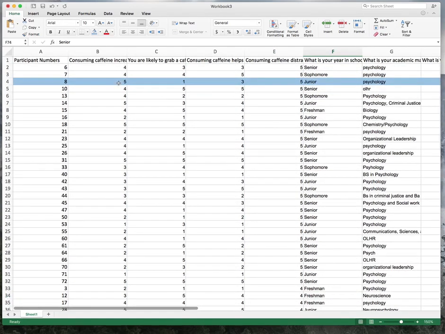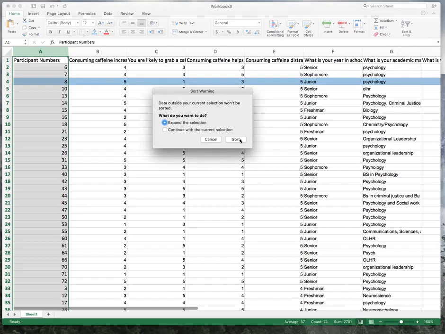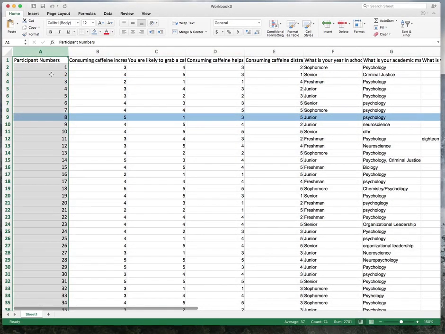So when we're computing a total score by adding all those together, higher scores are going to continue to indicate increased caffeine usage or increased positive feelings or beliefs towards caffeine usage and its efficiency in producing work. So let's go ahead and resort these by selecting our participants numbers column and sorting from smallest to largest and expanding the selection. Now everything is back in place in its previous order, and we already have a recoded question